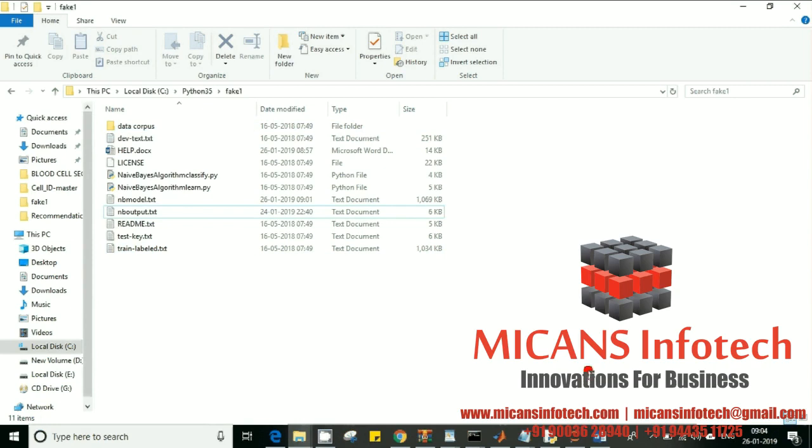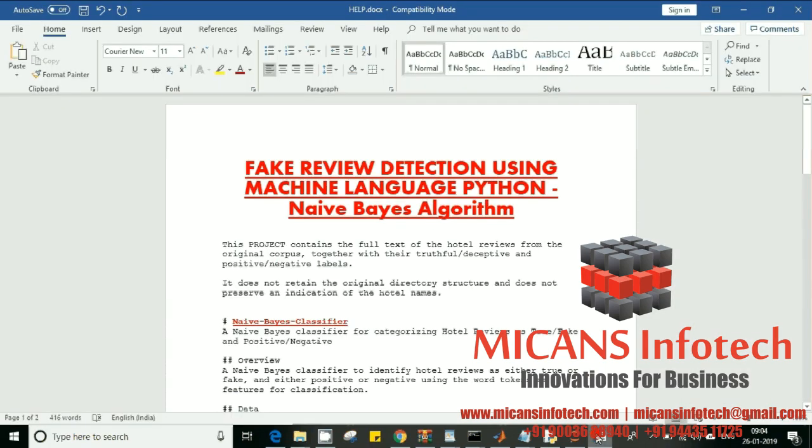Hi, we are going to talk about a project called fake review detection using machine learning, and we are going to code it using Python. Machine learning is a great concept when you go for Python. So here we'll be using